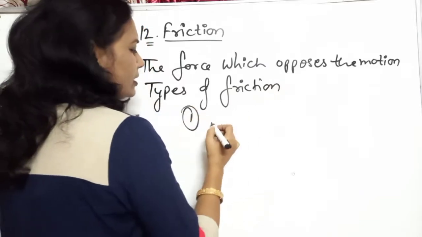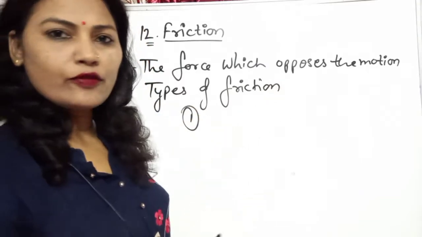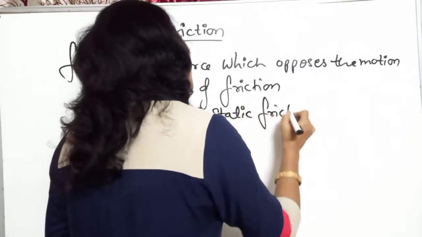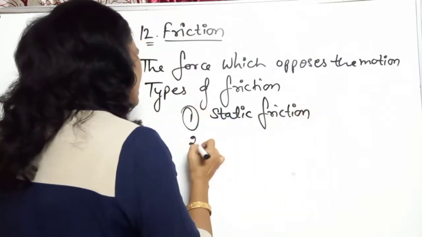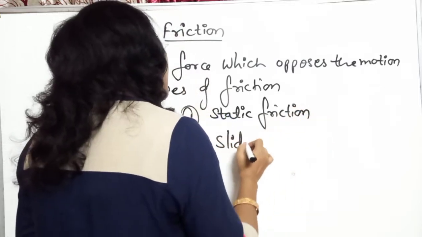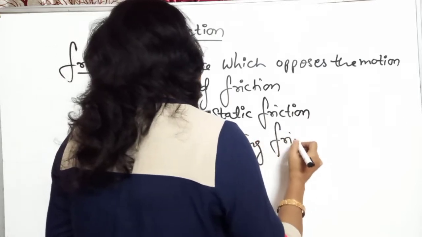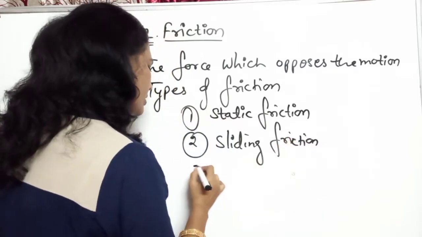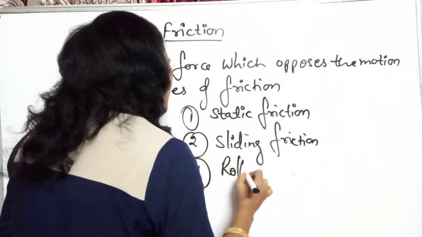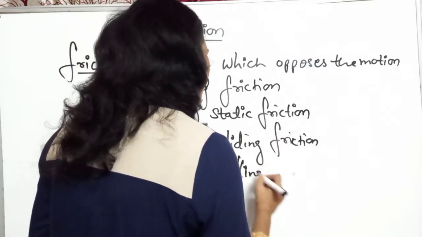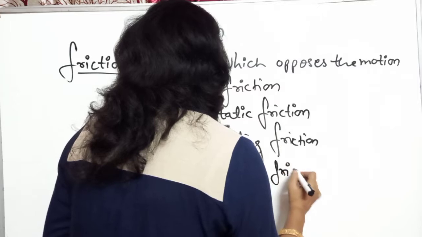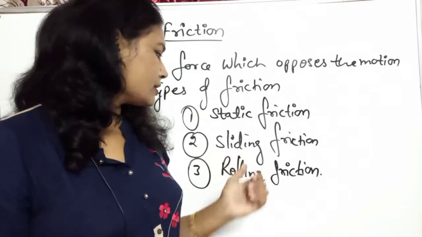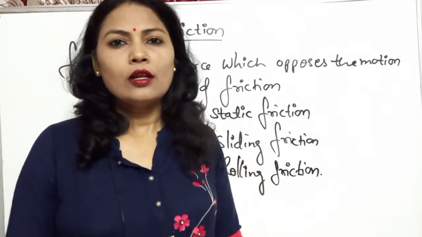The types of friction: first is static friction. Second, sliding friction. Then the third is rolling friction. Okay. The name itself gives their definition. So static friction, sliding friction and rolling friction. Now what is